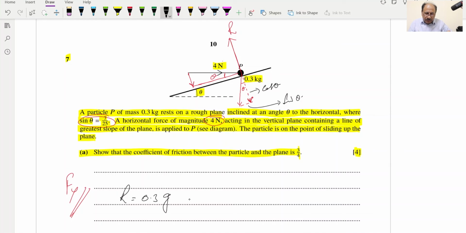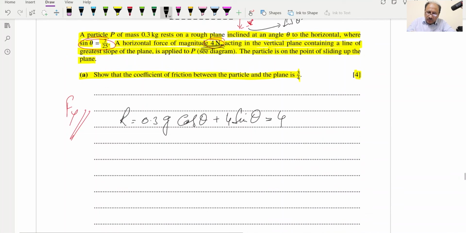So y component will be R is equal to 0.3 g cos theta, and plus y component of 4, this one. This is basically opposite over hypotenuse. This will be sin theta. So this over this will be 4 sin theta. So plus 4 sin theta, and we know this reactionary force is equivalent to 4 Newton, so we can write this is equal to 4,